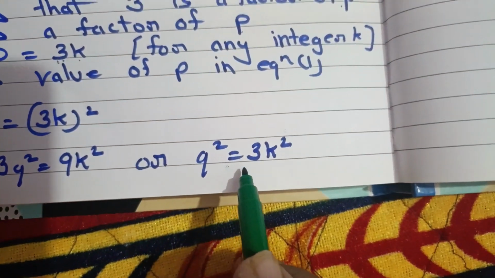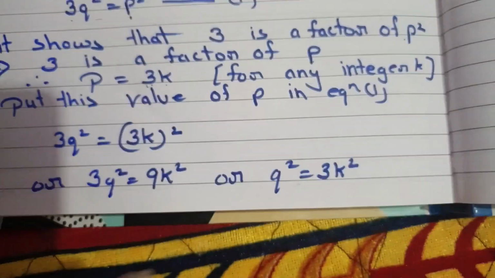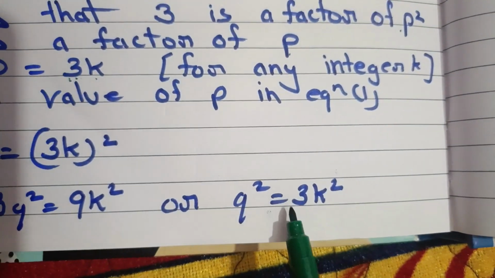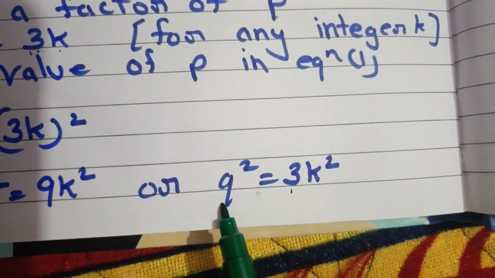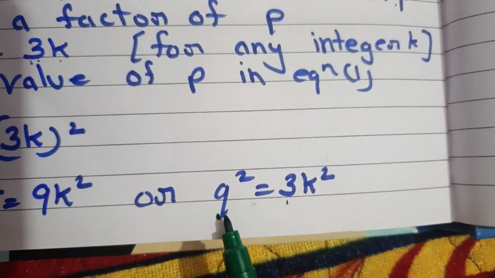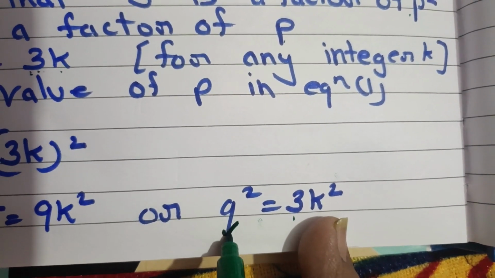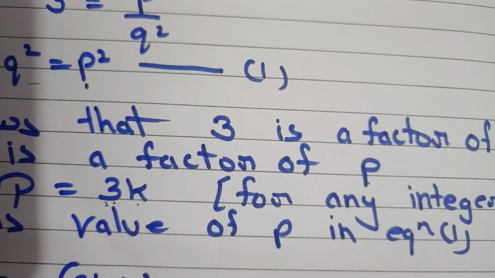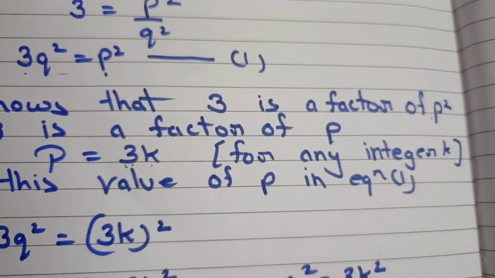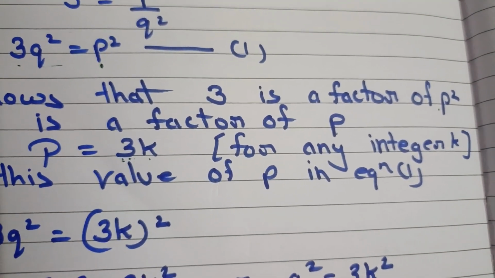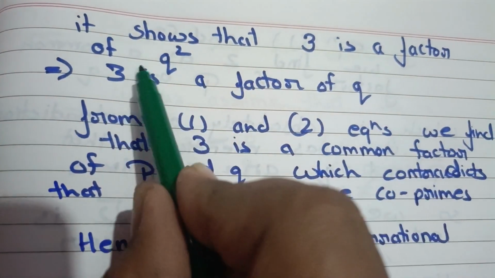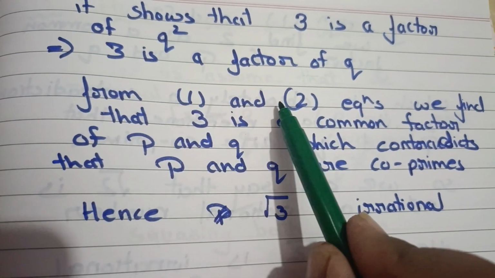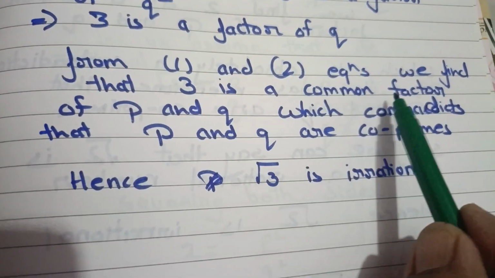And we will get Q square is equals to 3K square. By solving this whole equation, I get Q square is equals to 3K square. From here also you can say that 3 is a factor of Q square, or 3 is a factor of Q also. Now 3 is a factor of Q also, 3 is a factor of P also. Then again it is a contradiction that P and Q are co-primes. Okay. Written here it shows that 3 is a factor of Q square, or we can say that 3 is a factor of Q. From equation 1 and 2, we find that 3 is a common factor of P and